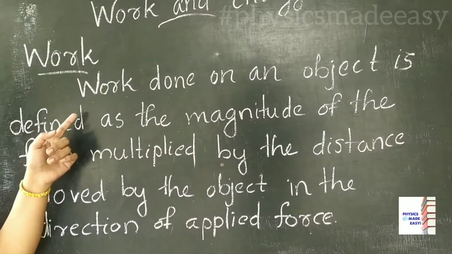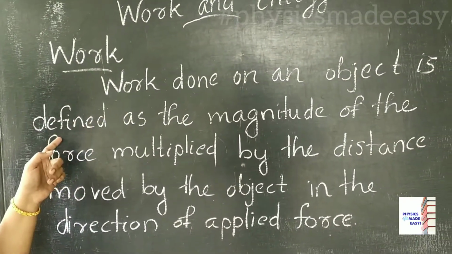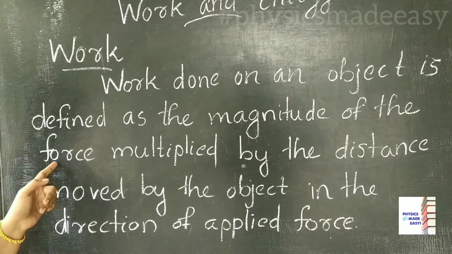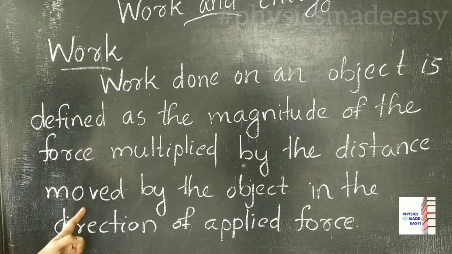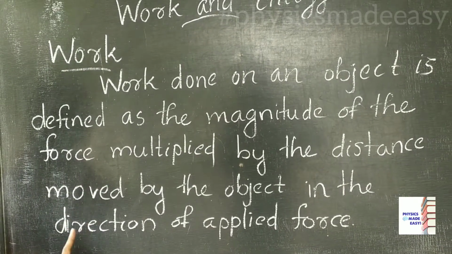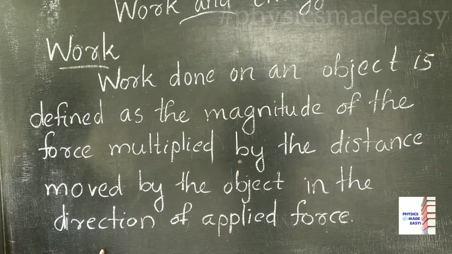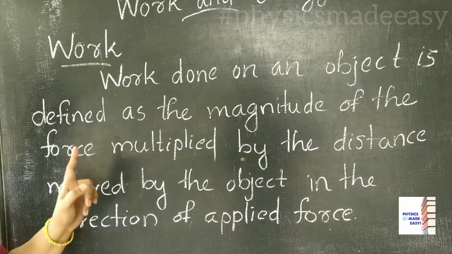Here, work done on an object is defined as the magnitude of the force multiplied by the distance moved by the object in the direction of applied force. Here children,